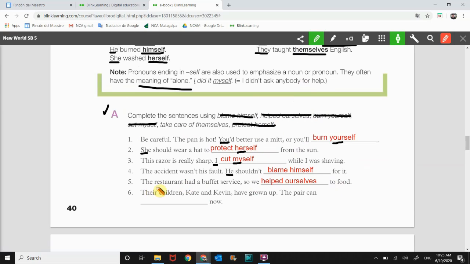And number 6, their children, Kate and Kevin, have grown up. The pair can blank the blank now. The last one is themselves. So take care of themselves. Take care of themselves now. So the pair is they and themselves. So that's